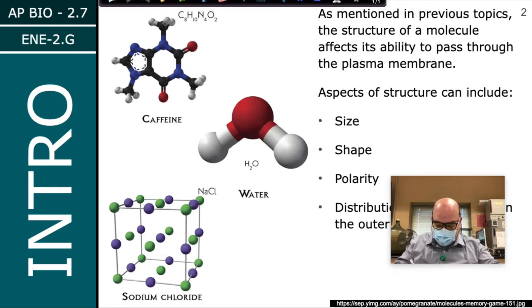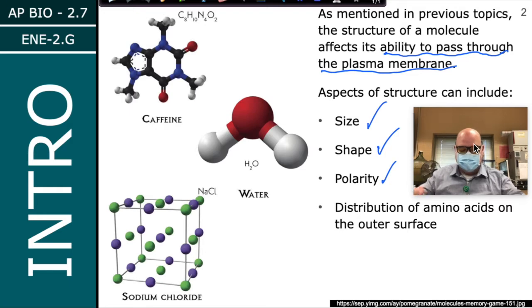So that's kind of like the ability to pass through the plasma membrane depends on size, big stuff doesn't fit through, shape, so certain molecules have a shape that doesn't work very well,